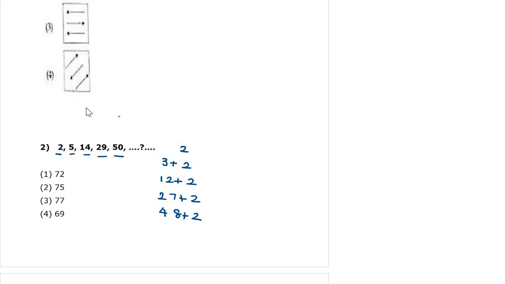Come to the next point. First, it is a multiple of 3. Have you noticed? 3, then 3 into 4, like that it is going on. So what pattern do we identify? 3 can be written as 3 into 1. 12 is 3 into 4. 27 is 3 into 9. 48 is 3 into 16. So it is a perfect square. Have you noticed it? 1, 4, 9, 16, perfect squares. What is the perfect square of the next number? After 16 it is 25. It must be 3 into 25 plus 2, 75 plus 2, that is 77.